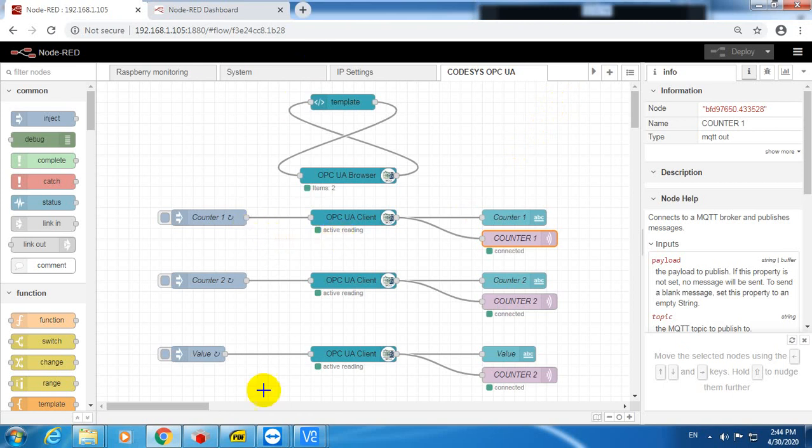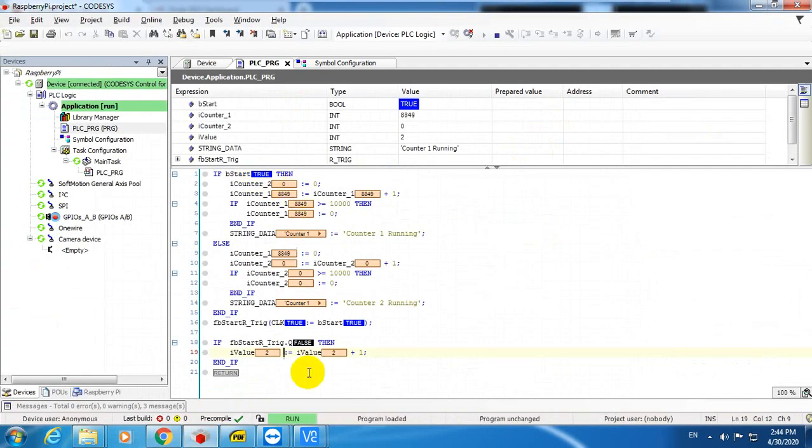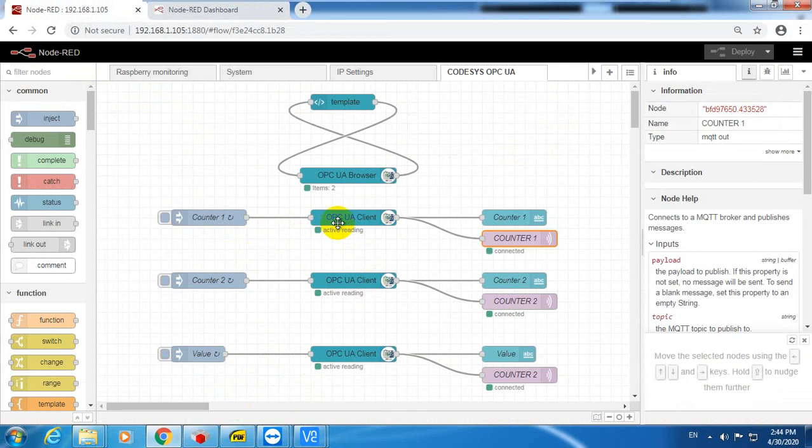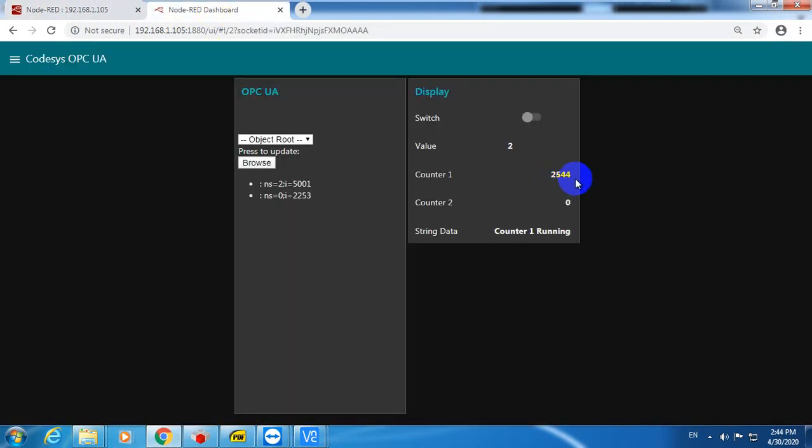Each time the counter value gets updated, it will be sent over the internet to the MQTT application. This can be simultaneously seen in this window. We have the counter 1 running. When I again press the push button,